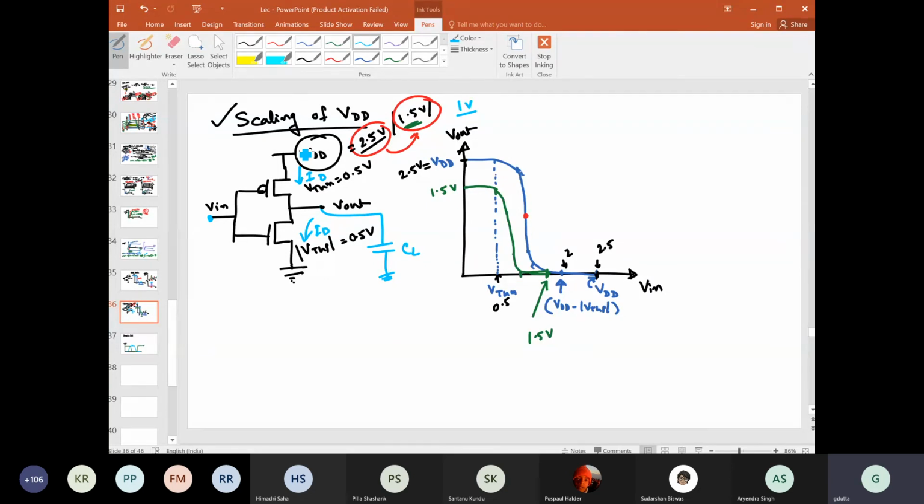But one thing you can easily understand: when you are scaling the MOSFET, the gate oxide thickness is reducing. For every technology, the gate oxide thickness is reducing. So if the oxide thickness is getting reduced, then the maximum voltage that you can apply across the gate terminal is also reducing. So that basically limits the application of this VDD. So remember these negative implications of this VDD.